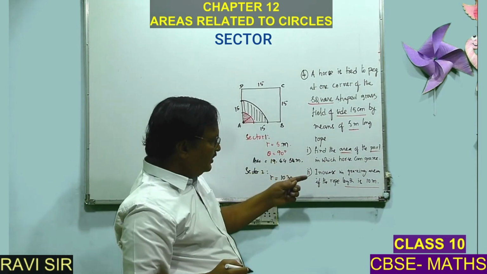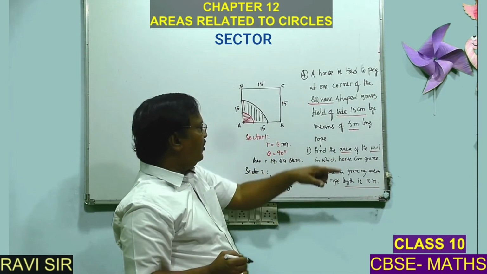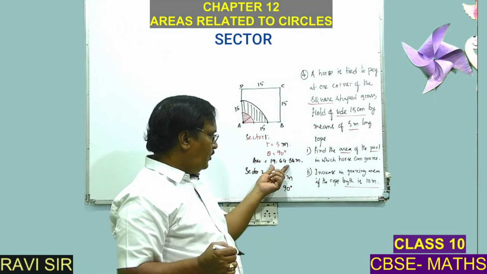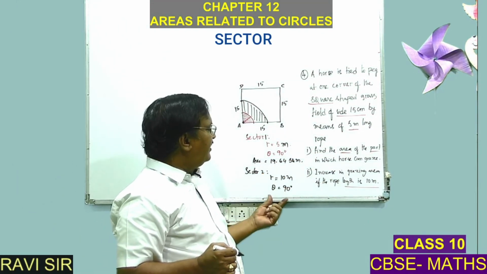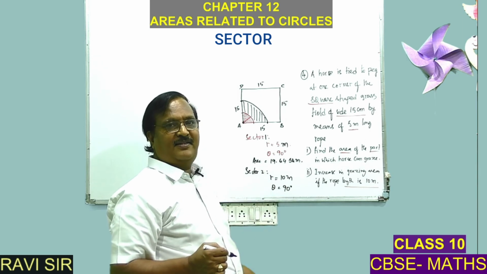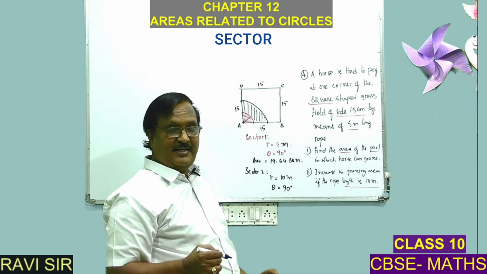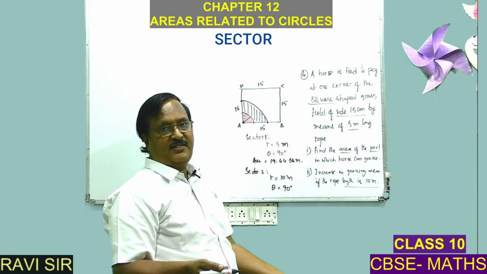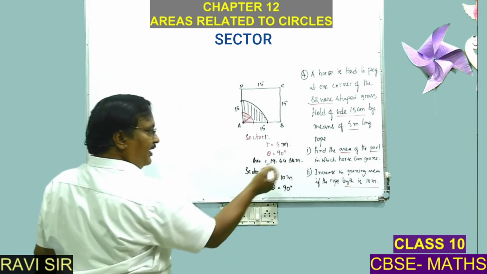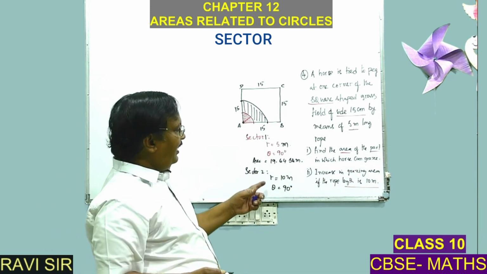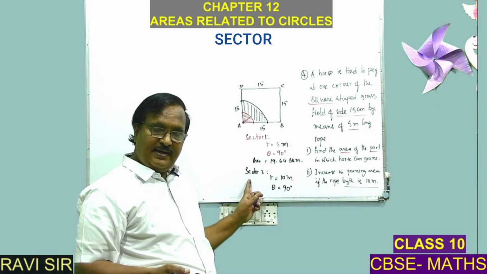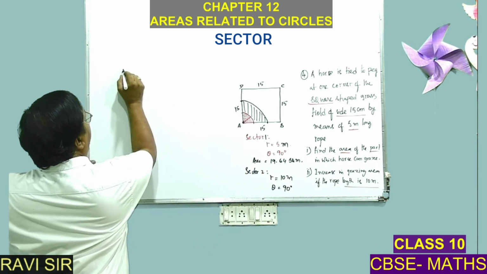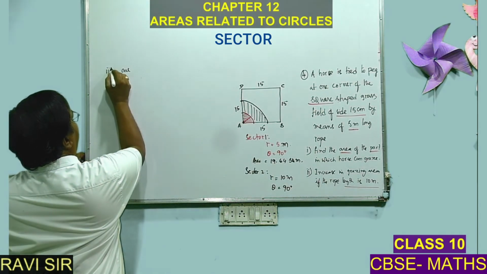Now we want the increase. How much increase is there? There are 2 ways. First, you already have an answer. Second, you also find the answer and subtract it. That is one way. Otherwise you can do it in continuous steps, that is also okay. But I have already done the first one, so I will find the second area and then subtract this. Okay, so second question: area increased